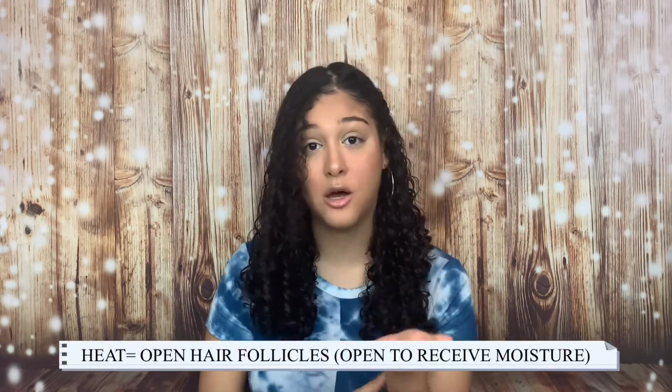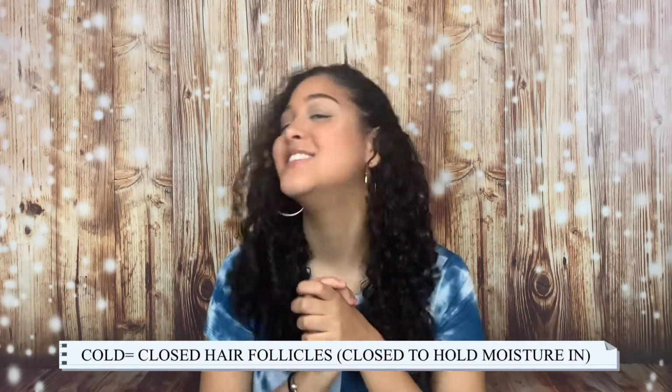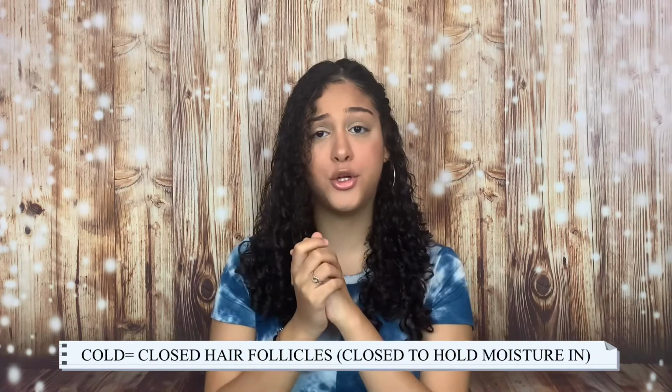And what this does is it helps to open up the hair follicles on your hair, because if you're not aware of this, heat causes your follicles, or even your pores in your face, to open up, and cold water just closes it. So I always recommend people use something that causes heat or just puts your hair very nice and tightened together,